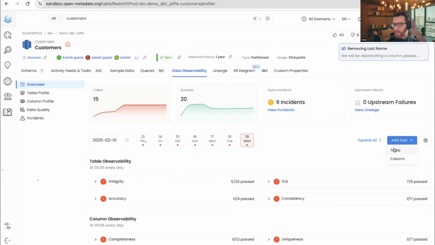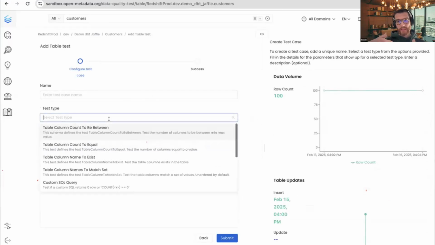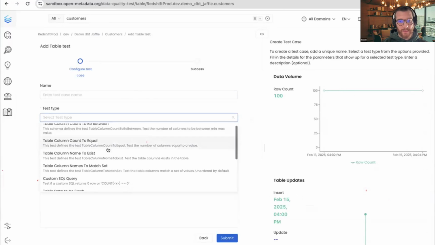Do I want to perform a table or a column level test, right? We have a different set of natively integrated data quality tests that are shipped natively with Collate. And so if I click on the table test cases, then I will have access to a different set and different type of test cases inside